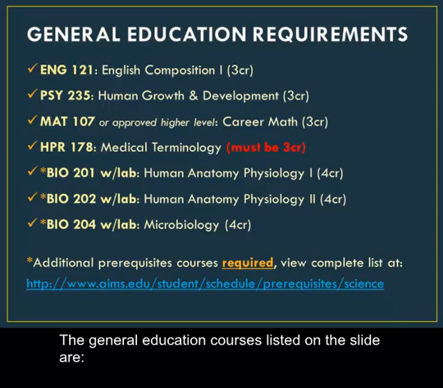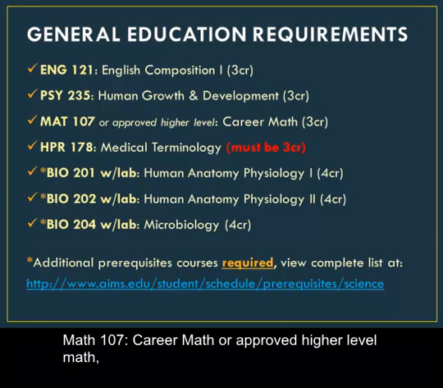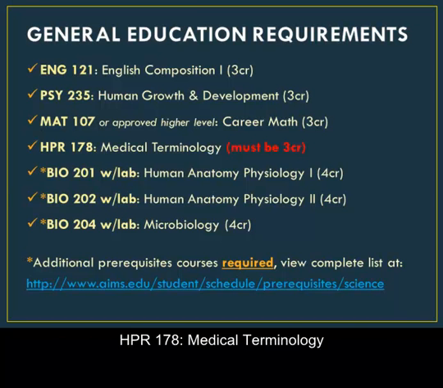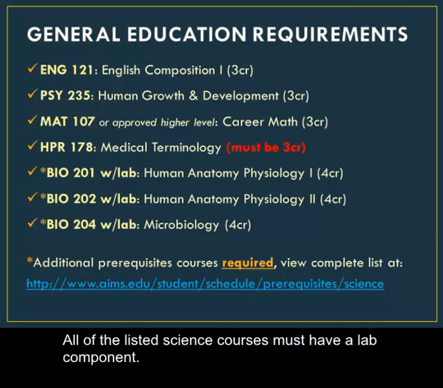The general education courses listed on the slide are English 121, English Composition 1, PSY 235, Human Growth and Development, Math 107, Career Math or Approved Higher Level Math, HPR 178, Medical Terminology, which must be 3 credits, BIO 201, Human Anatomy Physiology 1, BIO 202, Human Anatomy Physiology 2, and BIO 204, Microbiology. All of the listed science courses must have a lab